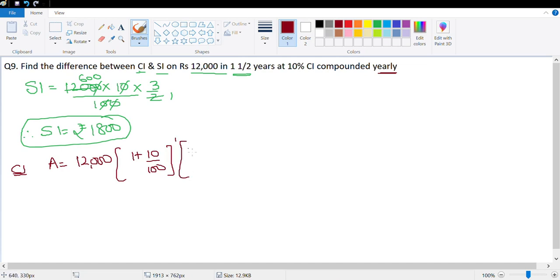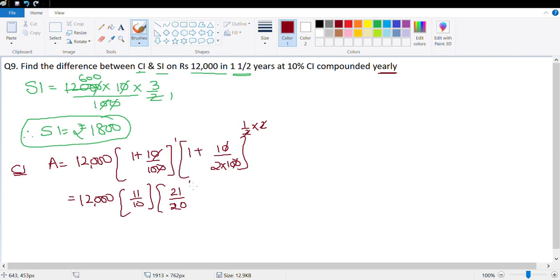And the next one is 1 plus r upon 2 into 100 raised to the power half into 2. Yes, that's the correct one. So what we have here is this, and this gets cancelled. That's 12,000 multiplied with 10 into 1, 10 plus 1, 11 upon 10, and this is 20 into 1, 21 upon 20. So that's your